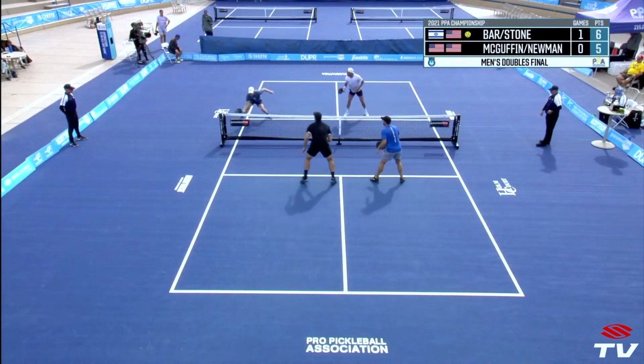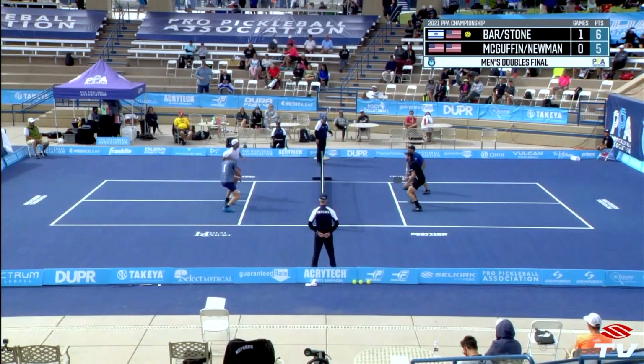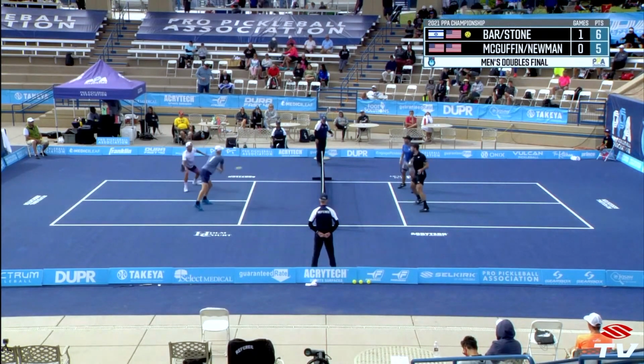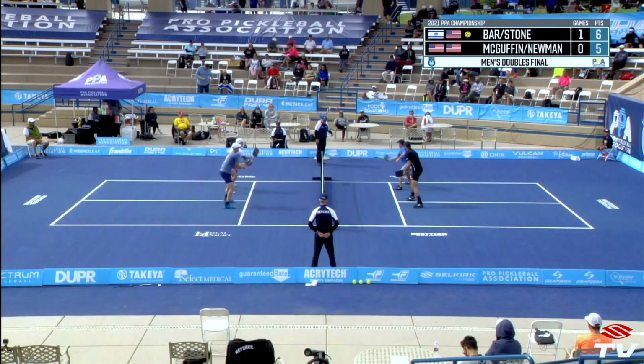Shape. All right, so we got Rye slinging that aggressive slice dink, pushing that thing cross. And so I think why Adam sped up there. So let's go back here. Really had to put a little more air under that one. Well, I think, and a tricky thing too is that Ryan and I never play in this formation. Honestly, this is the first time in 2 years where we had to resort to me on the left, and I think I showed the world that I'm halfway decent on the left. But with that being said,